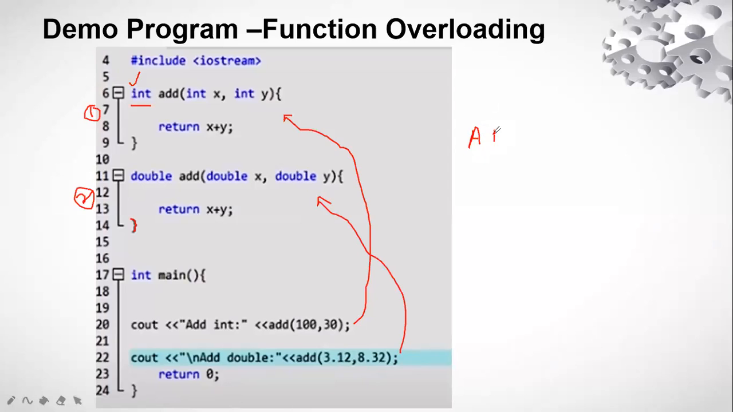So what output will I get in the first add int? I'll get 100 plus 30, that is 130, and I have add, using the short form, double, that is D. I'll get 3.12 plus 8.32, that is 11.44. So this is what I'm going to get, right? So this is how function overloading is defined. That means the functions can have the same name, but they should have a different return value or different data